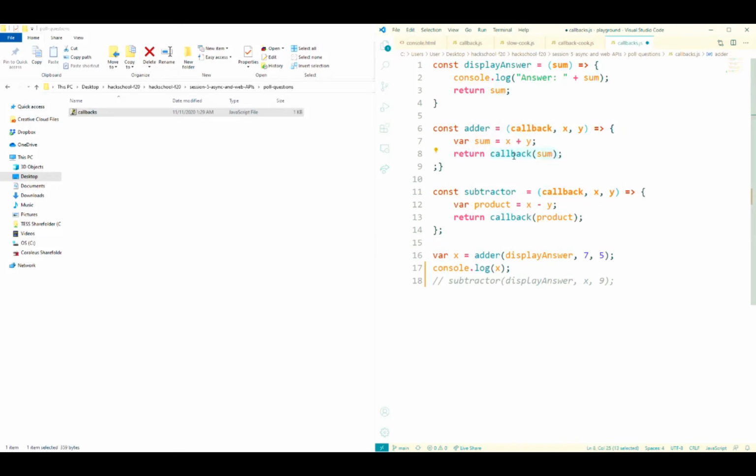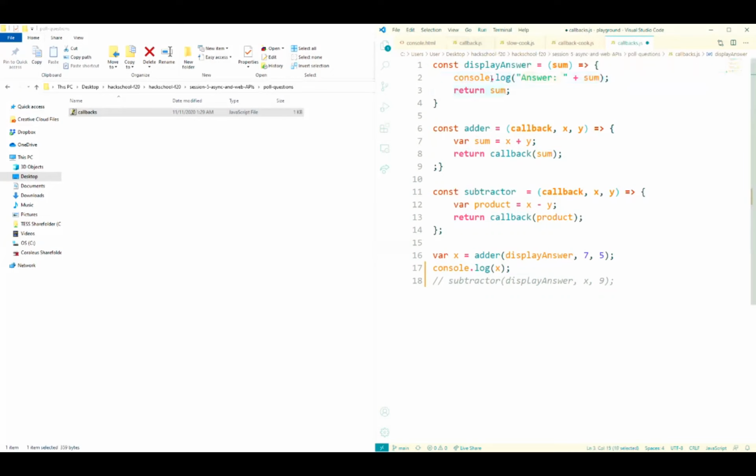Remember that we can just replace this callback word with display answer. So we'll be calling display answer. It goes to display answer, which takes one argument, sum, and then does console.log answer plus sum. Because sum is 12, it will print answer 12, and then it will return sum.